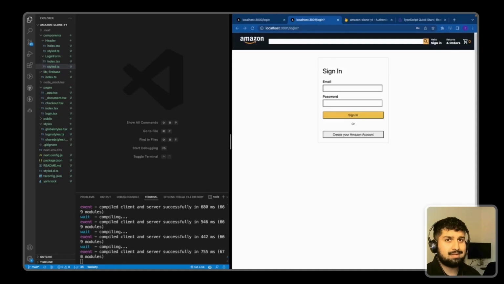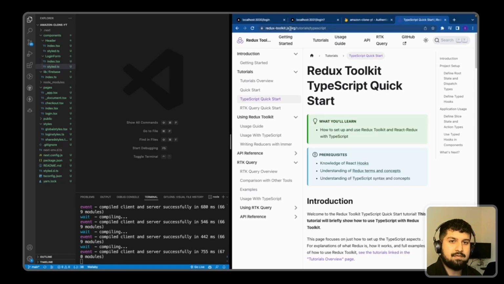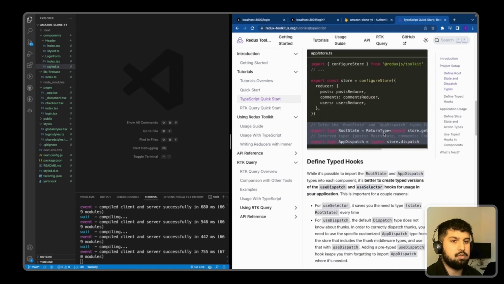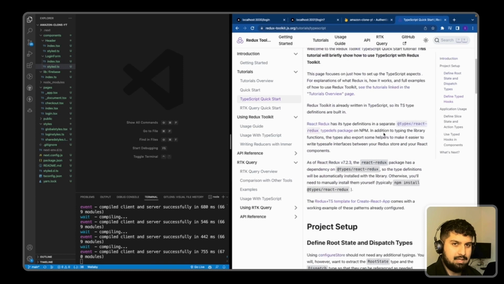Okay, so now that we have access to the authenticated user data, we now want to have a global state management tool. So what we will be using is React Redux along with Redux Toolkit. So if we go on to redux-toolkit.js.org/tutorials of TypeScript, we will be installing and going through this to set up everything that we need in our